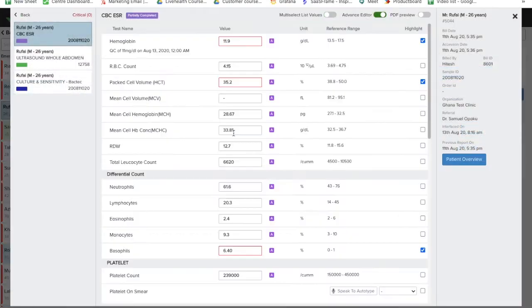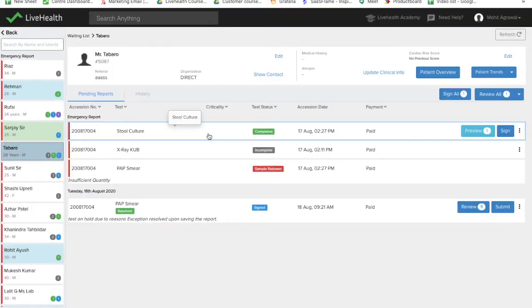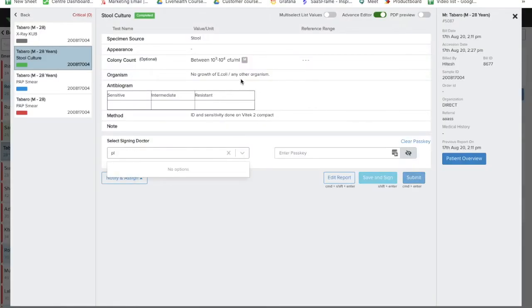And if I open this test, I'll see that the values are already filled. Okay, and the A signifies that the report has been filled automatically. If you see another report, you see that there is an M against the value. Okay, that means this value has been filled manually.